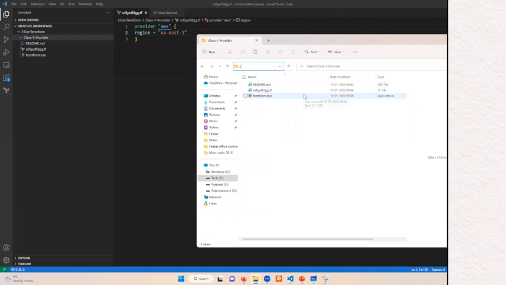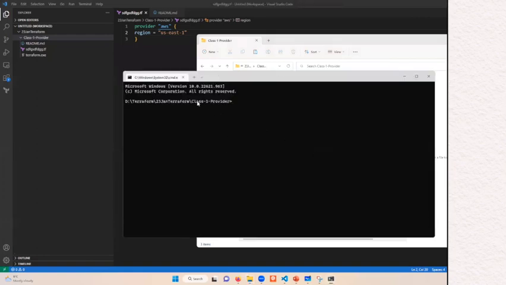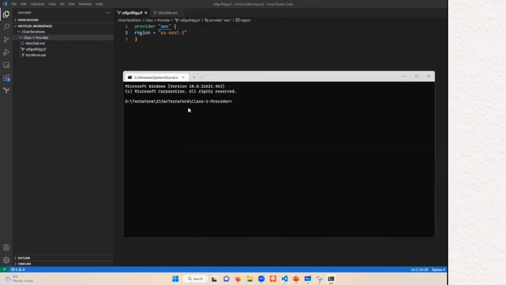Here in the address bar, just type CMD. Select everything, write CMD. It will automatically open a command prompt directly from that exact location. You don't have to move it. So go to the folder and open CMD. It is going to open exactly from here. And from here, the very first command that we are going to learn is terraform